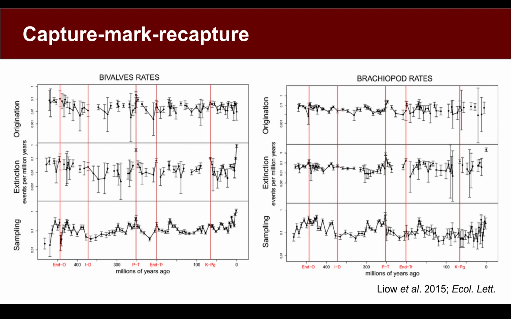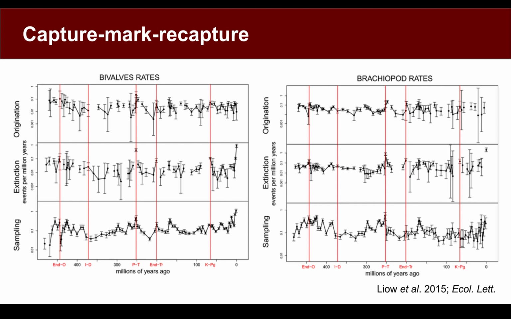That may seem not very intuitive, so how do we apply that to the fossil record? To find out about that, I suggest you go and read papers by Nichols and Liow, as they explain it better than I can in the time we have here. But importantly, these methods can help us estimate not just true diversity, or at least true diversity in terms of preservable diversity, but they also get us towards things like extinction and origination, which is what you see in the top two rows here, but also measures of how sampling can vary over time, which is what you see on the bottom row here.